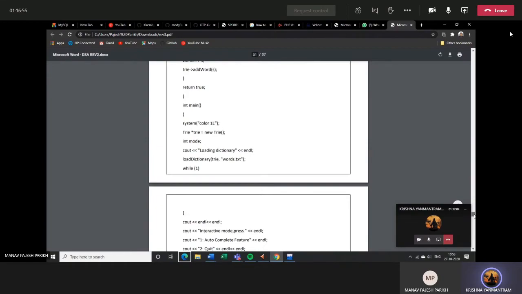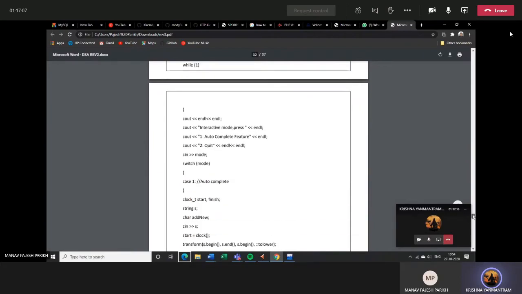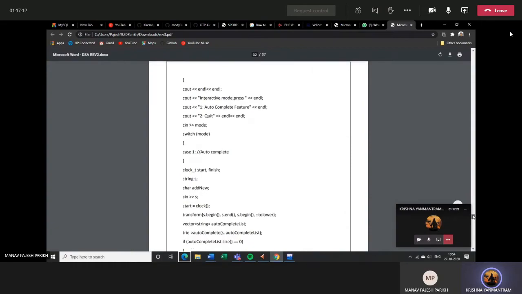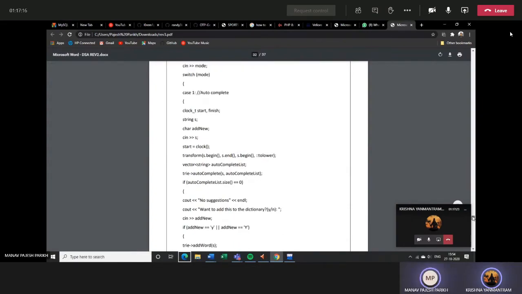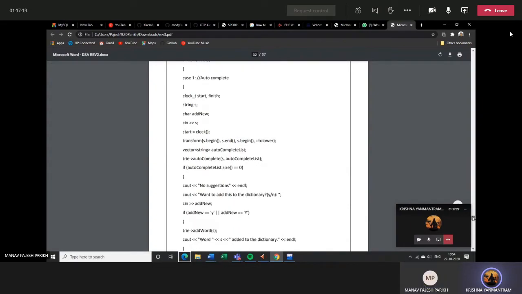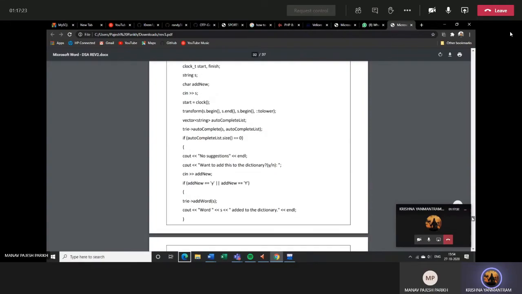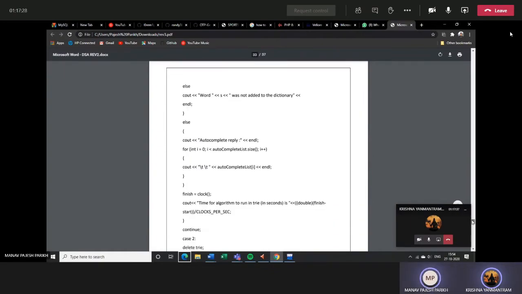We can see that we used color 1E, which is kind of a blue shade, so that it is useful. We create a new trie, we load a new dictionary, and then we see the autocomplete function, which is used in a switch case mode, and then we close it off. We start a clock to check how much time has been used, and then we call the functions. When we call the functions, we can see the output, which we'll be showing in code blocks right now, so it will be seen for the first time. You can go down.